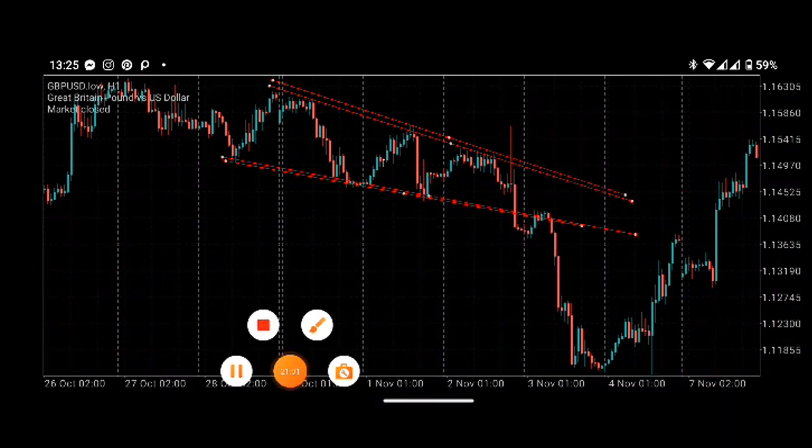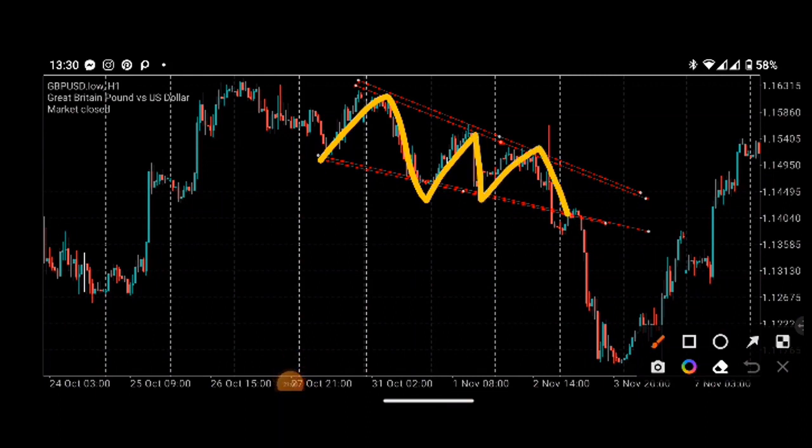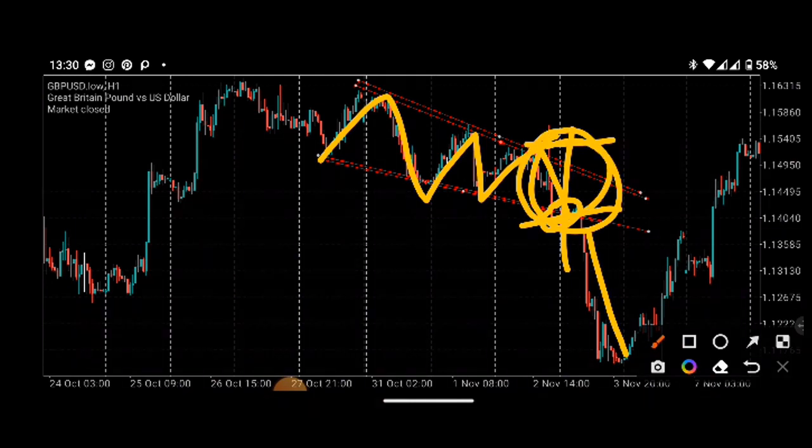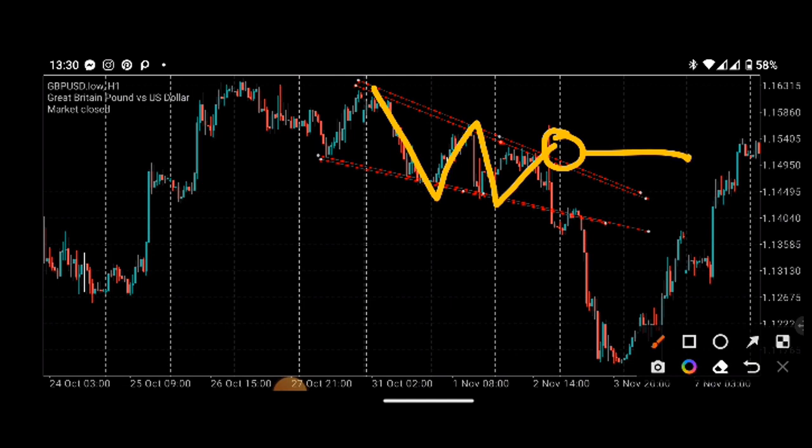Okay, so if your market, you have this structure, right? Note that if it breaks this structure, you are expecting a downtrend that is going to give you at least the length of this, okay? And also, if your dynamic support and resistance is broken at this point, right, and your market closes at this point, note that your next movement is going to be targeted at this point here, okay? So you can cash on this